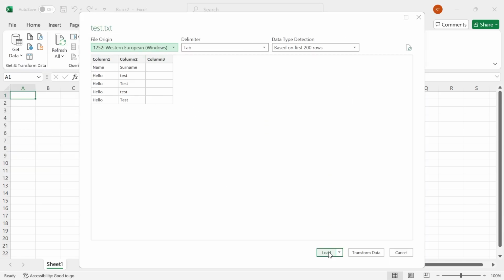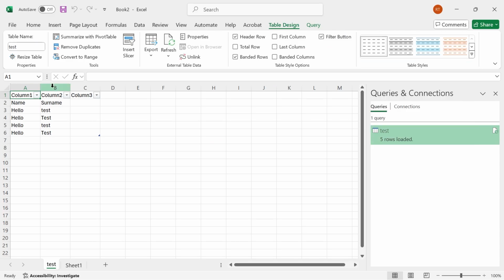Just go ahead and select Load, and just like that, we've now imported our data from Microsoft Word over to